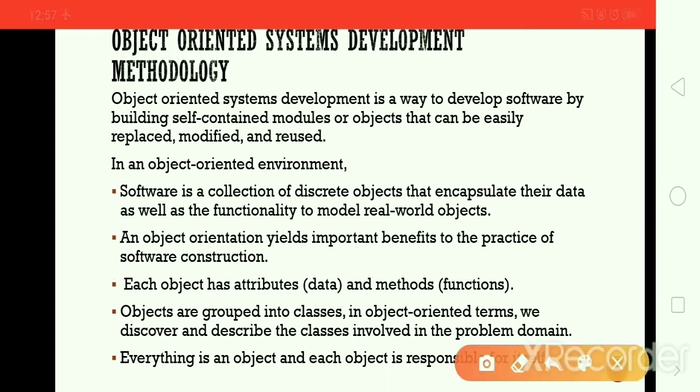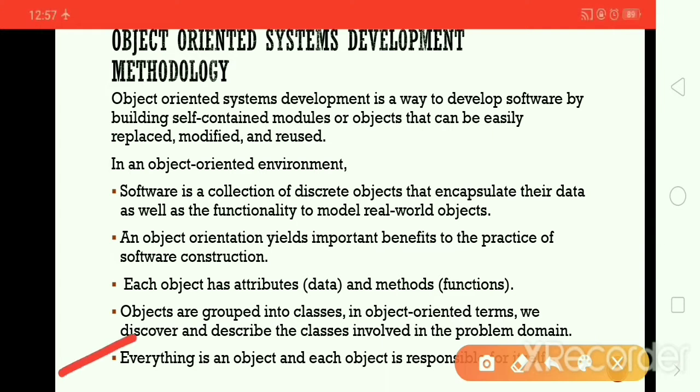Once you find the classes related to the problem domain, you can easily develop your software application. You can write the code individually for objects and classes of the problem domain.